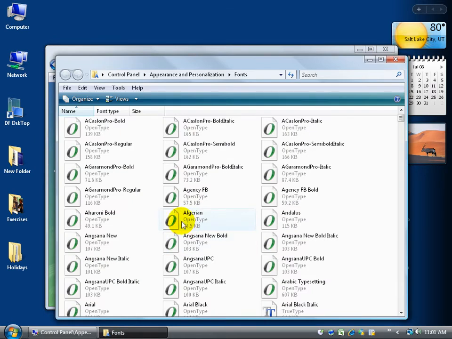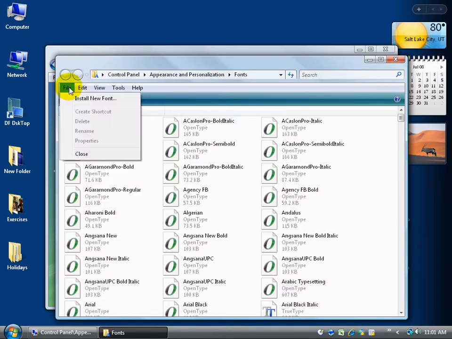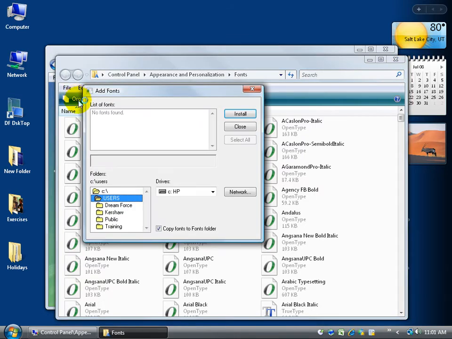When you click on it and you want to install, you want to come up here in the File menu. If you don't have your menu sitting up there, click on the Organize button, come down to Layout, and make sure your menu bar is checked. Once it's checked, you can click on File, go down to Install New Font, and then you have to find the folder that it's sitting in,